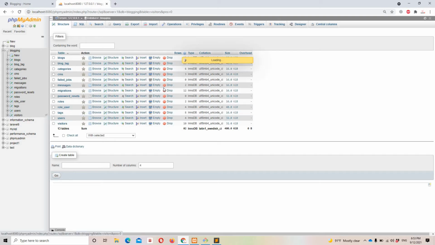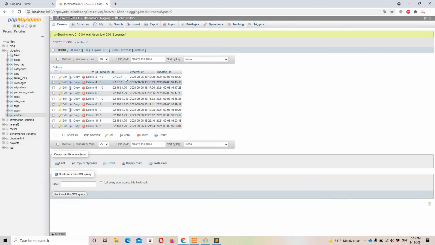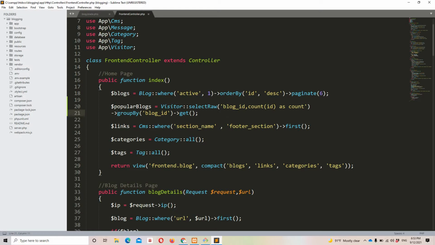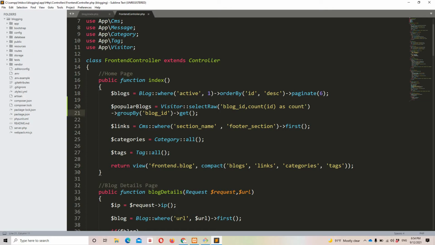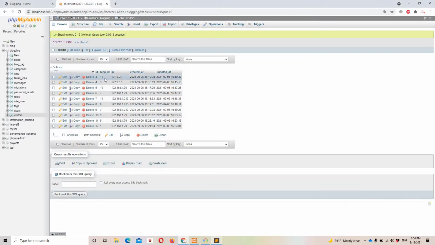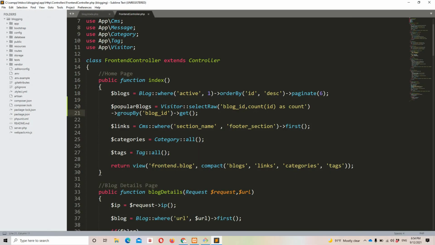So guys, now let's discuss this query. Let me show you the visitor table. Right here you can see we don't have anything that is related to count. So what we are doing here with the help of selectRaw, just listen to this carefully. We are neglecting everything right here. We are just focusing on this blog ID column. I'm saying you need to look for the blog ID column and count the ID right here.